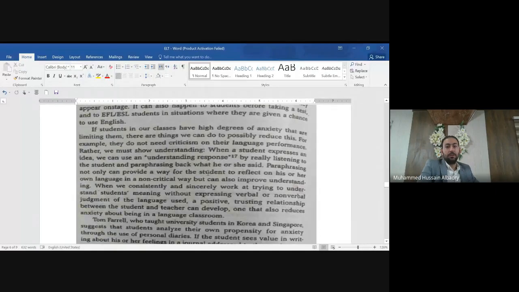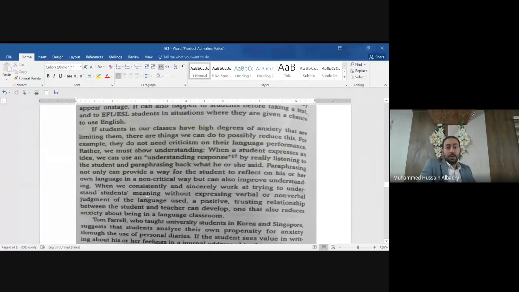Okay, and here, as I said, when a student expresses an idea, we can use understanding, I mean respond to them by listening and paraphrasing, restating. Paraphrasing not only can provide a way for students to reflect on language in an uncritical way, but can also improve understanding.